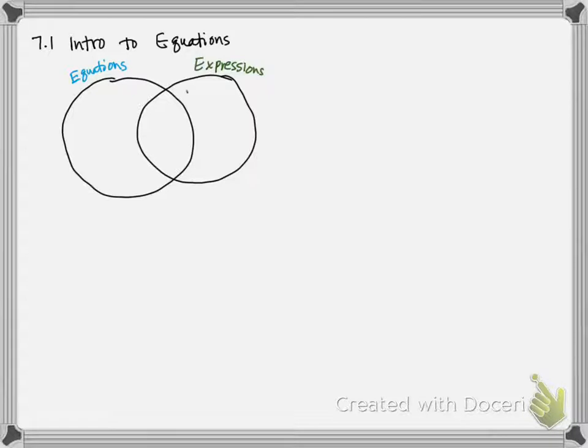So an expression is definitely a phrase. It's not a complete statement. It's just a portion of something that's going on. There's no equal sign at all. We can't solve it unless somebody tells us what the variable equals, right? So that's what I'm going to write here. We can solve the expression